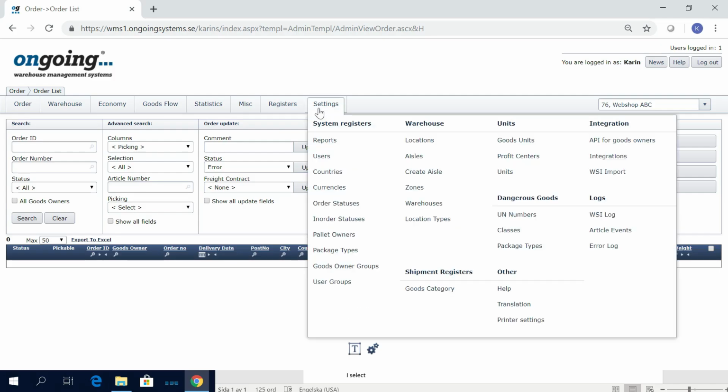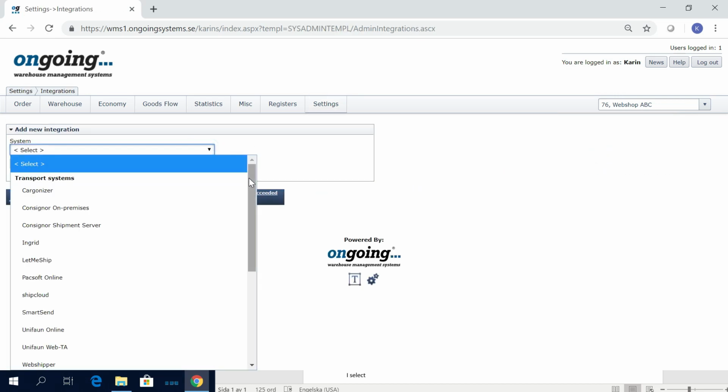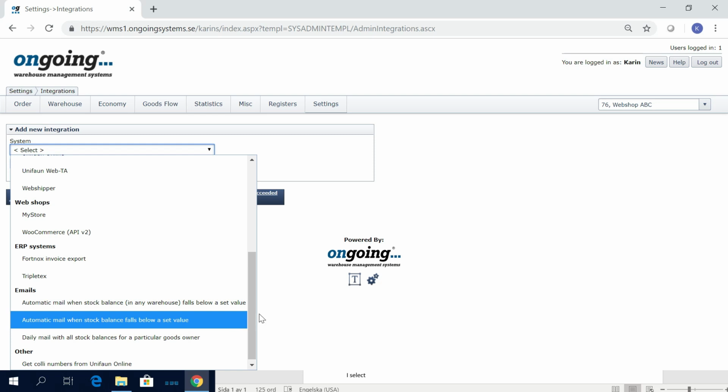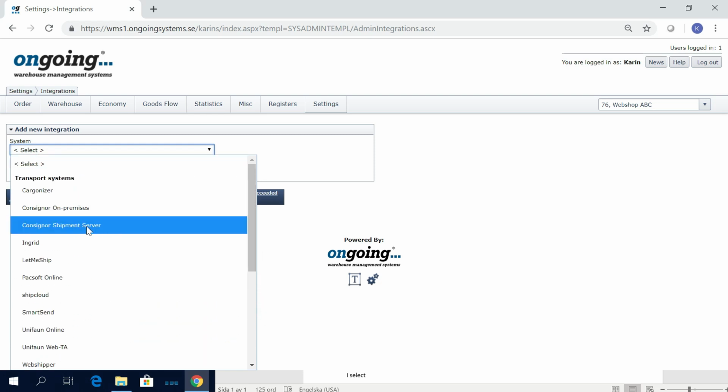So in your system, you go to Settings and Integrations. In the drop-down list, you find all the integrations that you can set up by yourself. We have some TA systems, some web shops, ERP system, and automatic emails, for example, sending out the stock value. So I find the Consignor Shipment server,